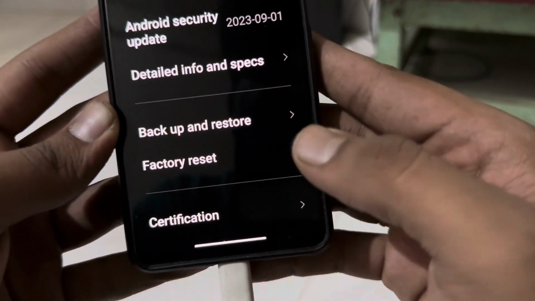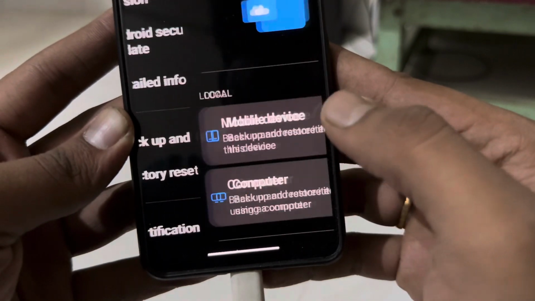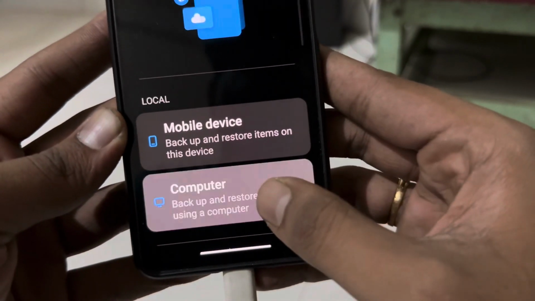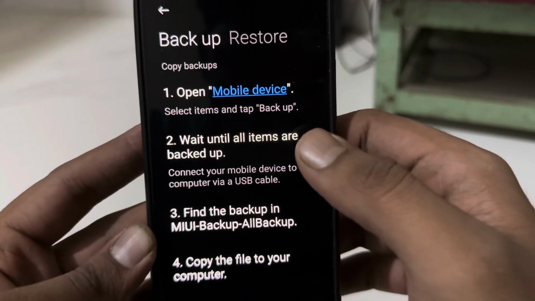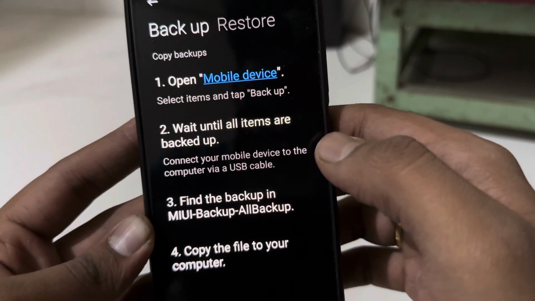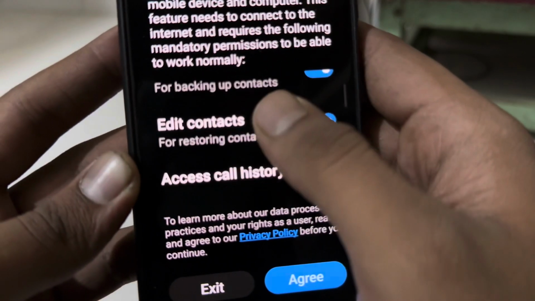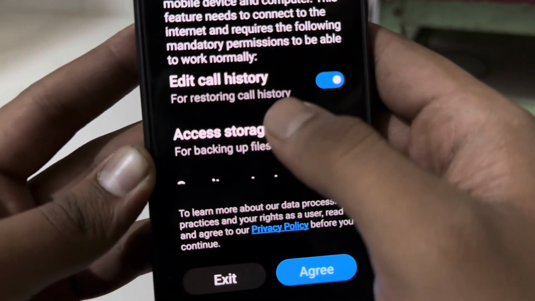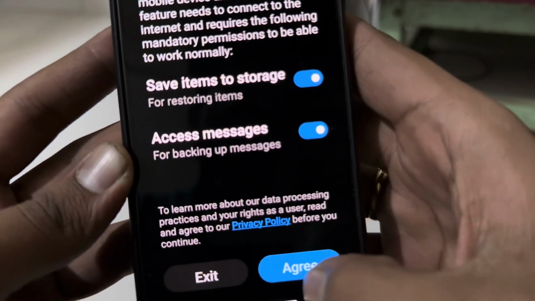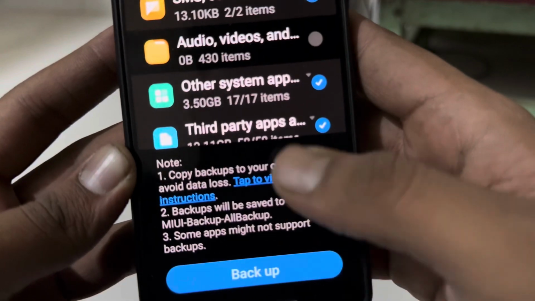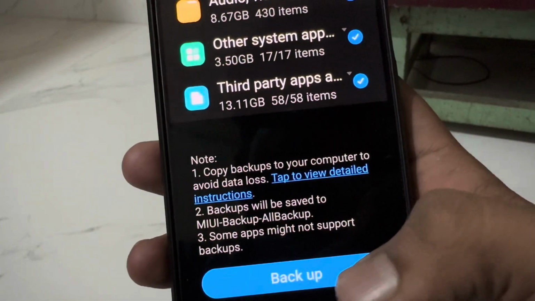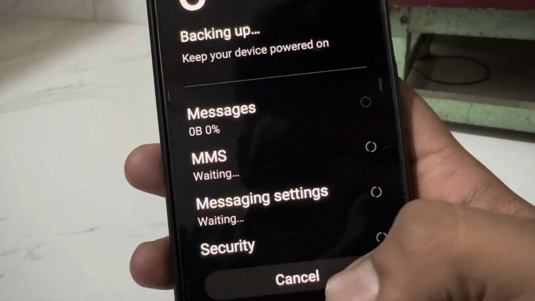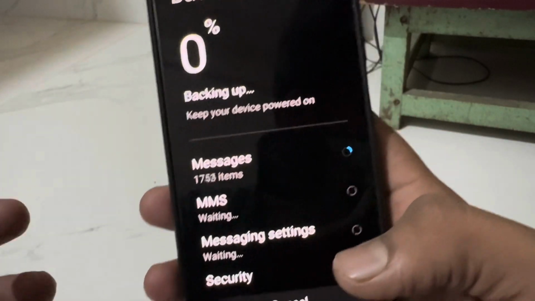Press Backup and enter into Backup to computer. Press Backup to computer. You go inside, there will be instructions, and it will show what data will be backed up. It is listed, so check that it is all enabled, then continue. The phone itself processes the backup,